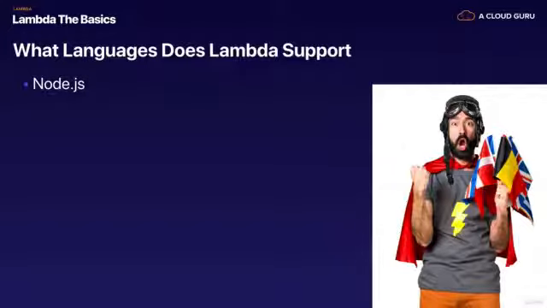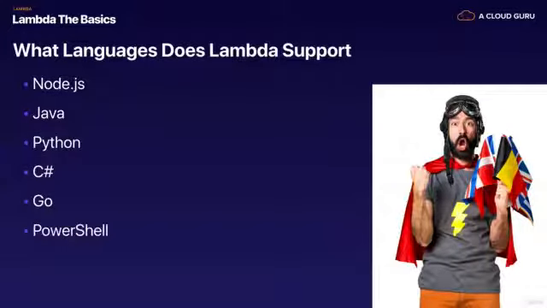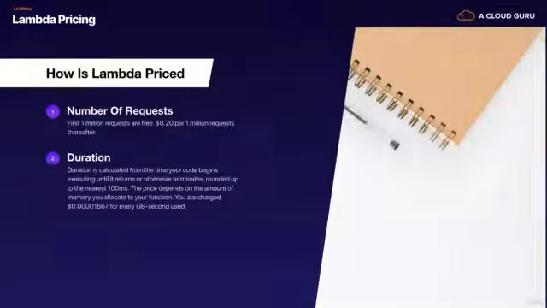Well, it supports Node.js, Java, Python, C#, Go, and it also supports PowerShell. And in terms of how Lambda is priced, it's priced on two different things. It's priced on the number of requests. The first 1 million requests are free, and then you only pay 20 cents per 1 million requests